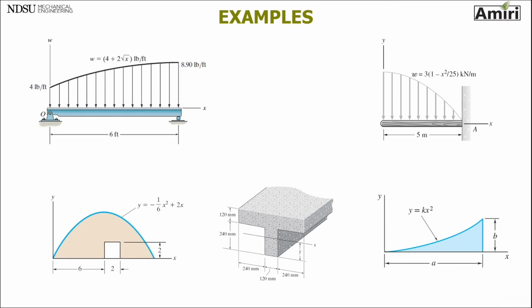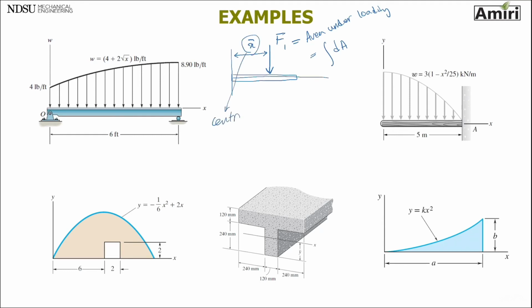But going back, I just want to mention, going back to the distributed load that we had. Remember, if you want to replace a distributed load by its equivalent for a problem like this, you have to find F1, and remember, we put it at x bar. Before it was just a simple distributed load, you could just find the intensity. So the intensity was the area under the loading. In this case, you have to do integration. And the distance is the centroid of the area,